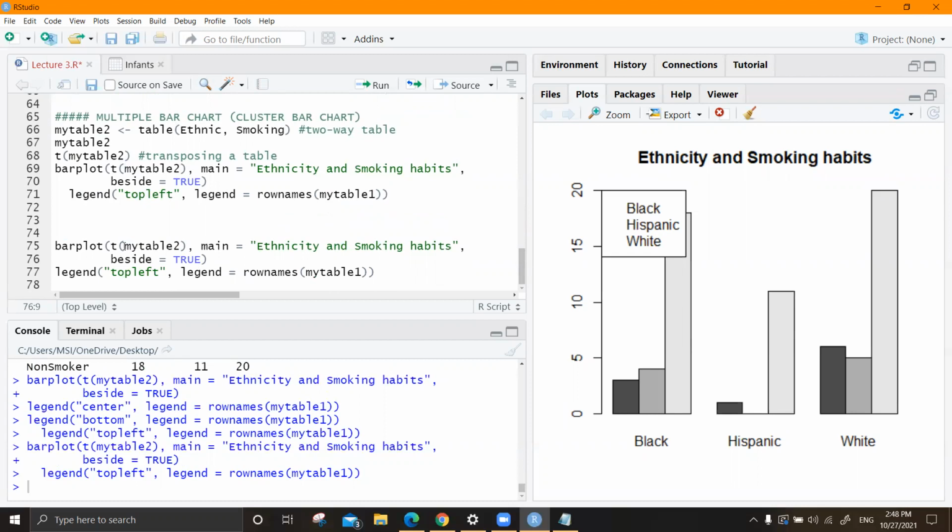Say you want this one. So if you want the column names, you can say col names. If you want the row names, you can say row names.